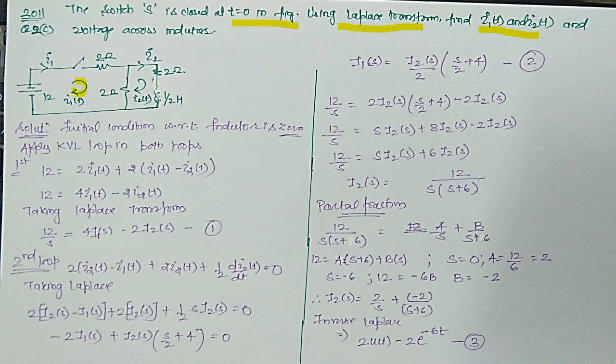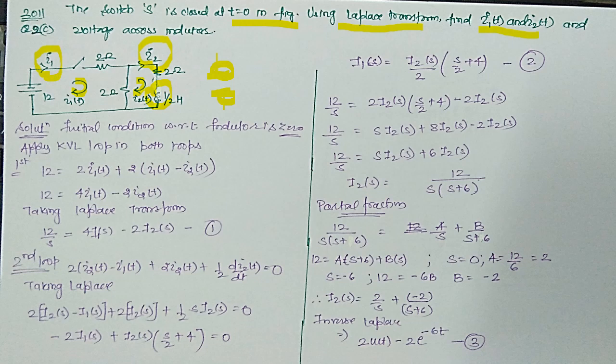This is I1(t) and this is I2(t). Now please understand before moving to this solution, when the switch is closed at t equal to 0, that means the inductor is initially unenergized. Please remember, when the inductor is initially unenergized, it is basically an open circuit, like this, or you can have such a representation. Open circuit means initially you will not get any current I2 value. The only current flowing in the circuit immediately after closing the switch is I1.